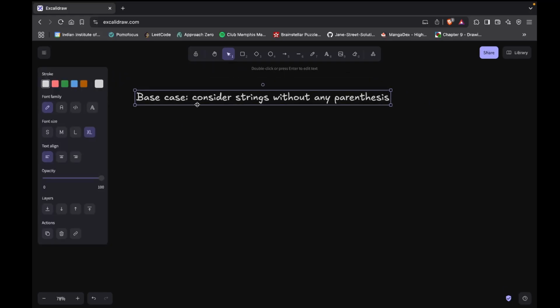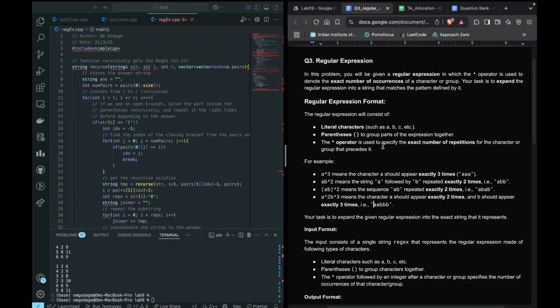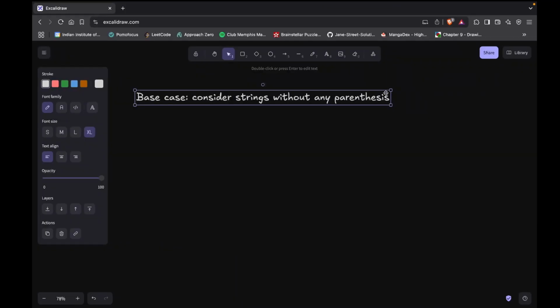So this is what you should do when trying to solve a difficult problem: just look at a part of the problem first and try to solve that, and then build up onto that solution. Yeah, so using this parenthesis thing you can have a lot of. So the reason why I chose this as the base case, or the simpler case, is because you can